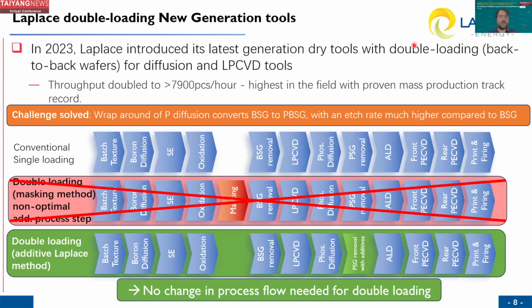And this one has a much higher etch rate compared to the BSG, what we're using as a masking layer. So when introducing this double loading technique, we first had to think, okay, can we do a masking layer? But a masking layer, as you can imagine, adds process steps, adds costs. It's very non-optimal. So we talked to the wet chemistry colleagues, and we were able to do by changing the additives that